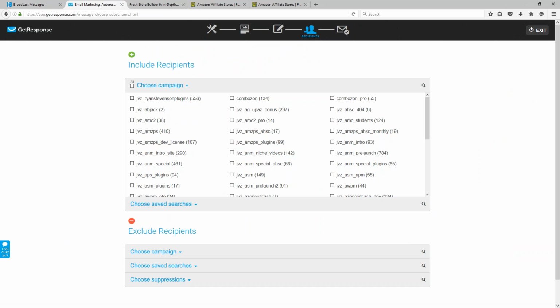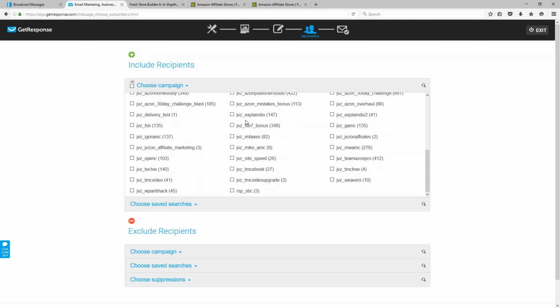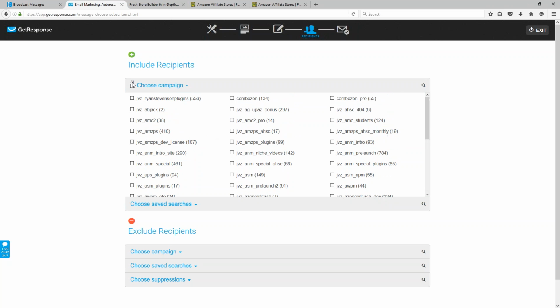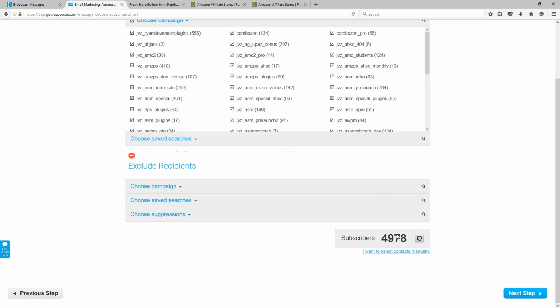In GetResponse, when you are scheduling your mail, you simply select the campaign or campaigns that you want that to be sent out to. If you want it going to everybody, you just click on all, and it will select everybody and automatically add all of your subscribers in together. Sometimes though, it can be useful to actually exclude certain people from receiving an email. What I mean by that is